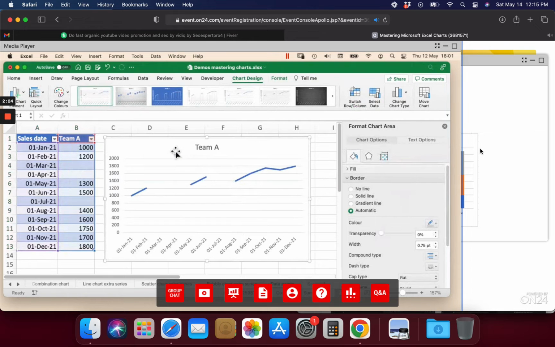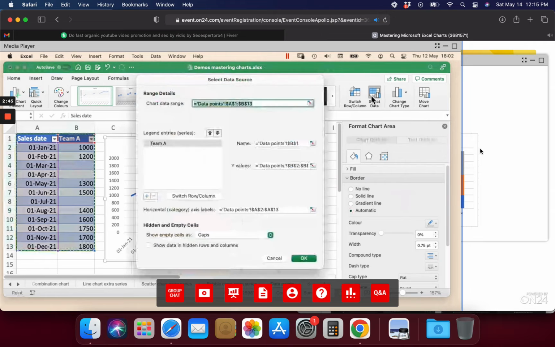And what you will notice by default is it's looking a little bit gappy, isn't it? So where we've got empty cells in our underlying data, we've got these gaps in the line chart itself. Now, where you've got missing data, you can control how it appears on the chart. To do that, go to Select Data,